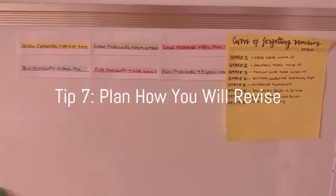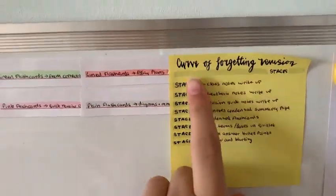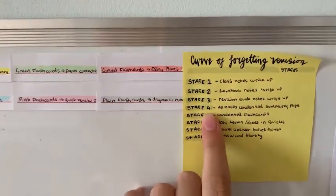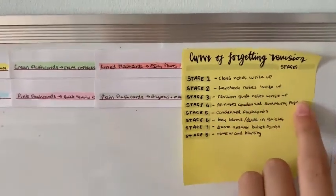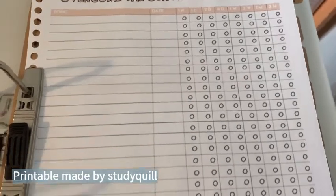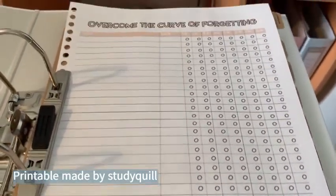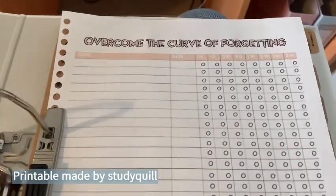Organisation tip 7 I think is one of the most important things to do, especially if you're going into GCSE or A-level years, and that is to actually plan out how you'll revise. I use a theory called the curve of forgetting as a basis for what revision I will do then. I have a little checklist in each of my folders